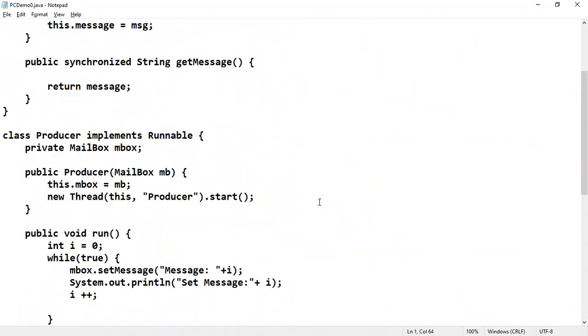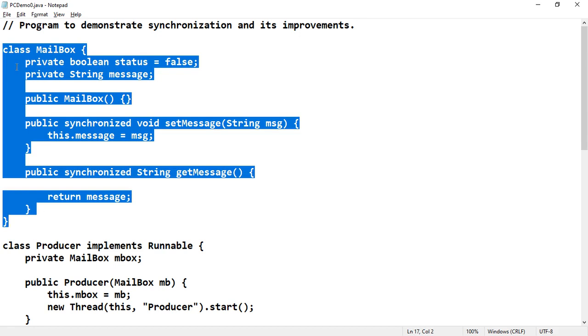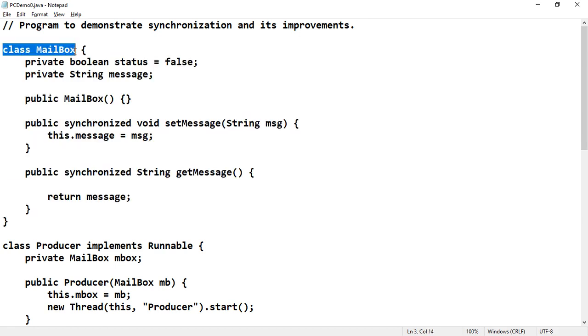So let us see the example. For synchronization, the first and foremost thing is that there should be a shared resource or shared variable. Now here I am going to declare a mailbox, class Mailbox. This is a mailbox which is a shared resource among various threads.